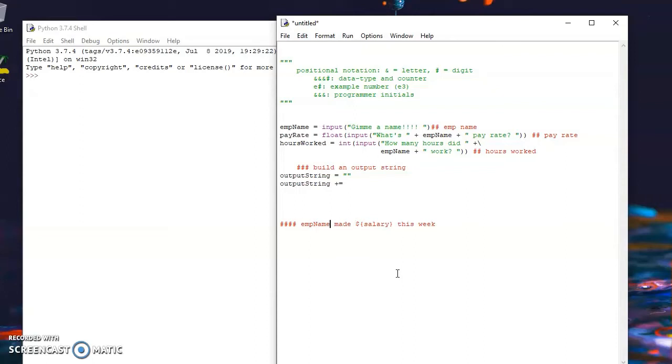Make up an example of what I want this to say. We want to go for this string. So the first thing we need is employee name. So our output string is the concatenation assignment to employee name. Then output string